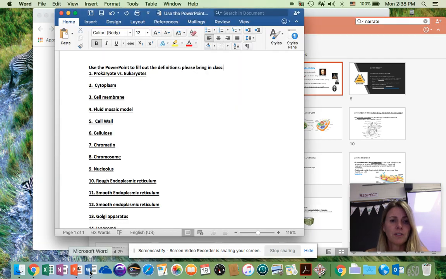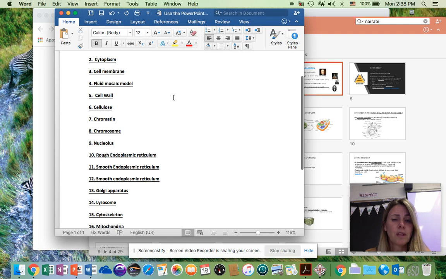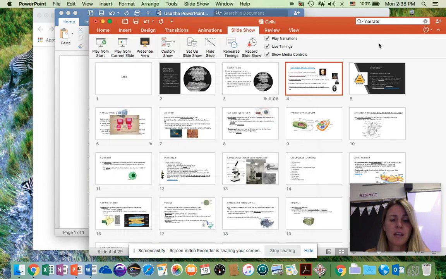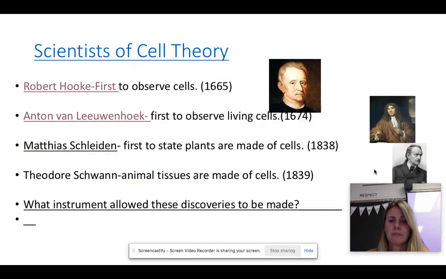Okay, so these are going to be the vocabulary words that you're going to be responsible for. You're going to record those after you watch the PowerPoint, and you know our topic, which is cells. So when we look at cells, we have to figure out how we were able to view them in the